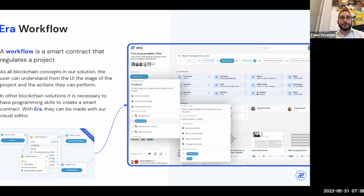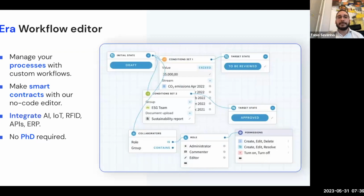So we have a workflow management tool that allows you to create new workflows that are smart contracts. So basically, in this case, we have this smart contract. It's called waste management cycle. It is in the state finalized. In this state, you can do some operations, not other operations. You can go in review by clicking this button. You can go back if you are allowed to. Every participant in the system has different permissions, and these